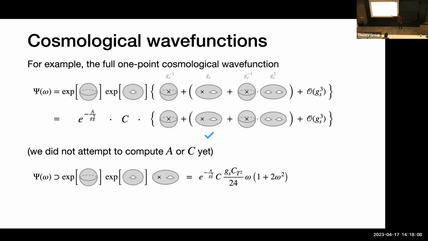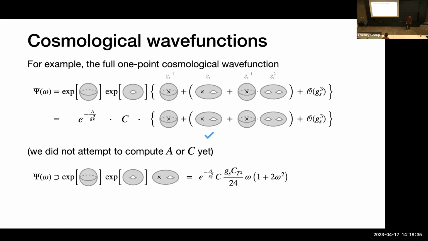There's still some constants that need to be computed, but of course, the empty sphere, as we know, it's kind of subtle to compute. Not sure, I don't think there's any unambiguous way of how to compute this. It will be a nice thing to try to do. And the torus is also a little confusing, but we have not attempted to compute it and just call it some constant C to be determined. But then as a function, the actual thing that depends on the energy are the string diagrams, and